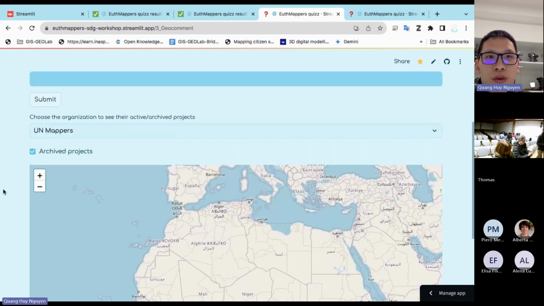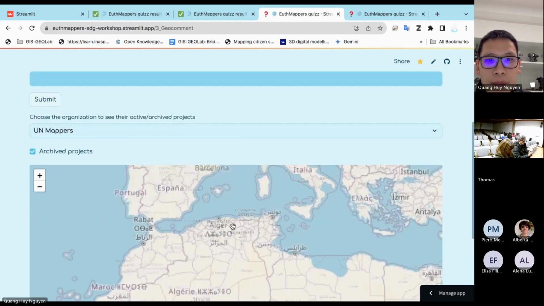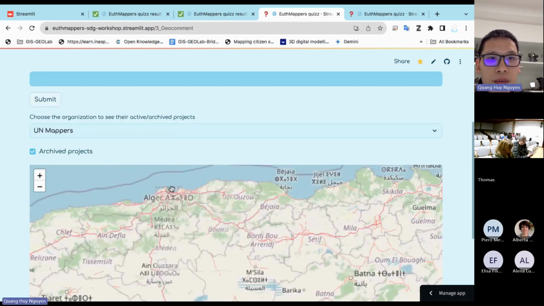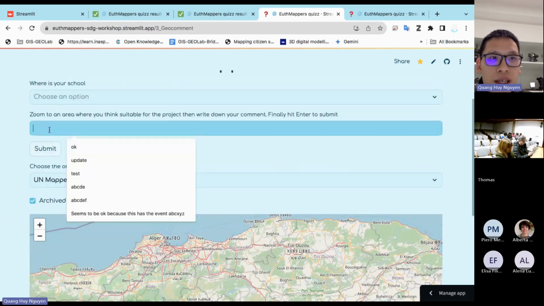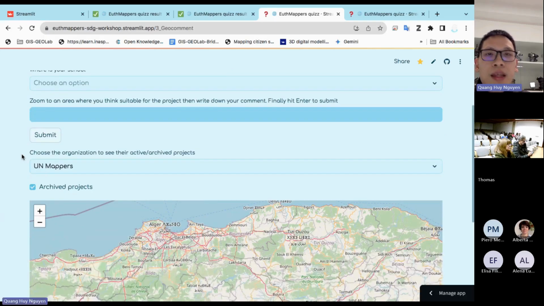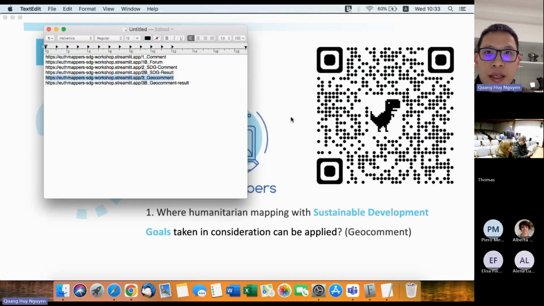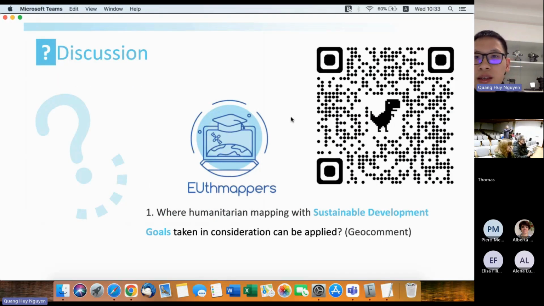And when you zoom to the area you want, you write some of your comment here, and then you hit submit, and you are done. Okay, so I will come back here to the QR code, for anyone who didn't scan the code before.